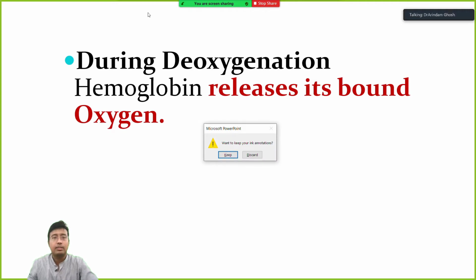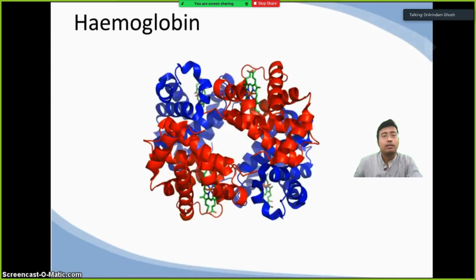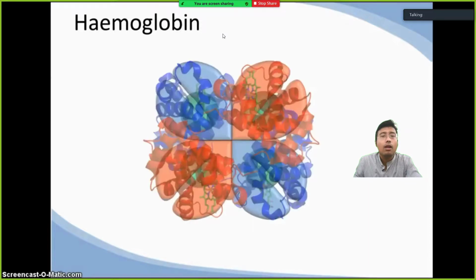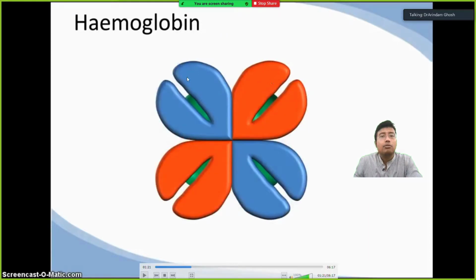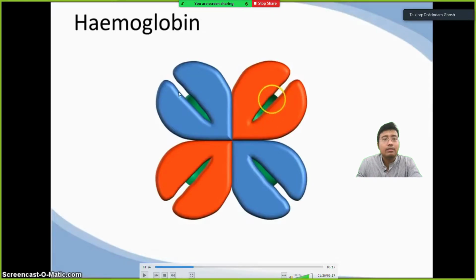Okay, now just see what's happening. Originally, this is the 3D structure of hemoglobin, right? For our argument's sake, we will consider hemoglobin like this. So these are the globin chains, and this is the central iron atom. This is a representation of the structure of the deoxygenated form of hemoglobin, right? Just look at how close to each other these two arms, these two arms of the helices, are.